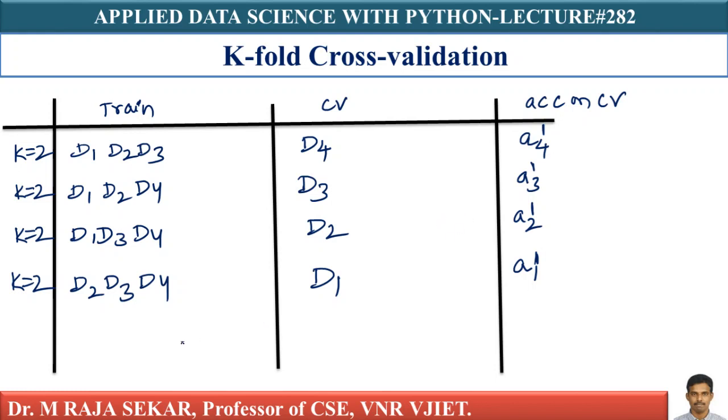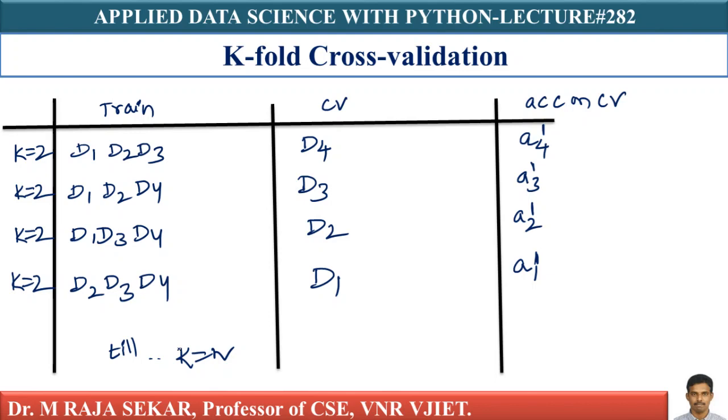Average of all of them for this k, that means average of A1 dash, A2 dash, A3 dash, A4 dash. Here I will get some average accuracy. Here again I repeated 4 times. For each of these cases I am repeating so on and so forth. I will keep doing it till k equal to n. We performed for k equal to 1, we performed for k equal to 2. In similar manner, I will repeat till k equal to n and keep taking averages.